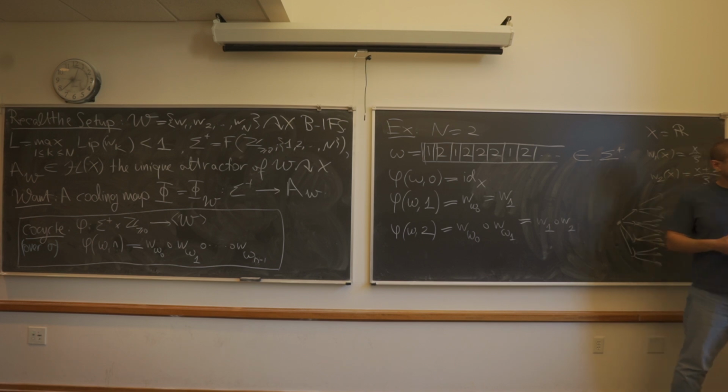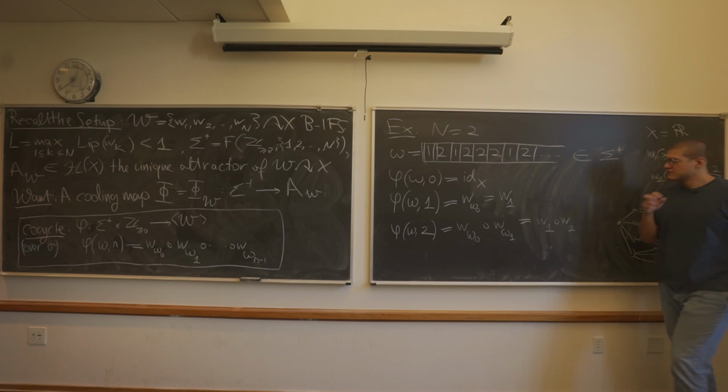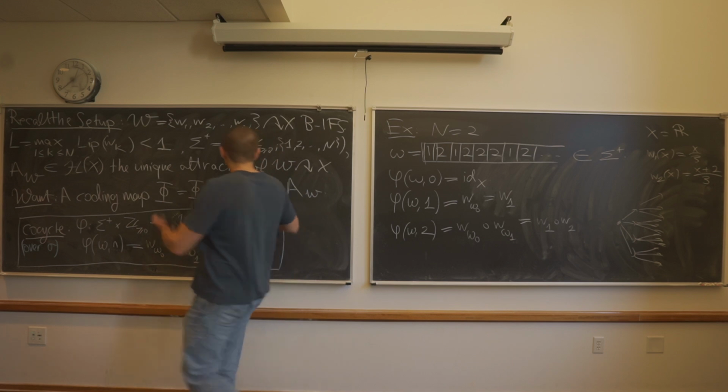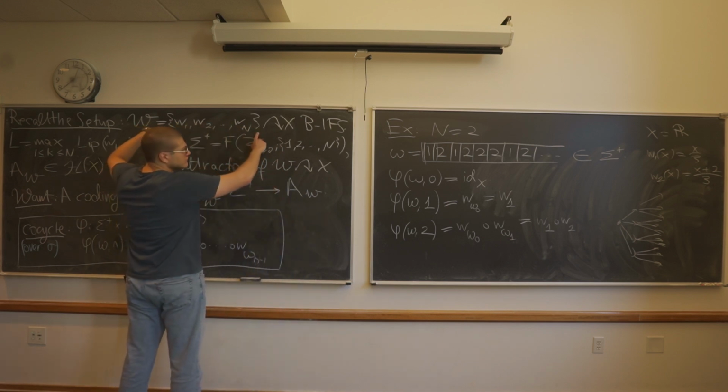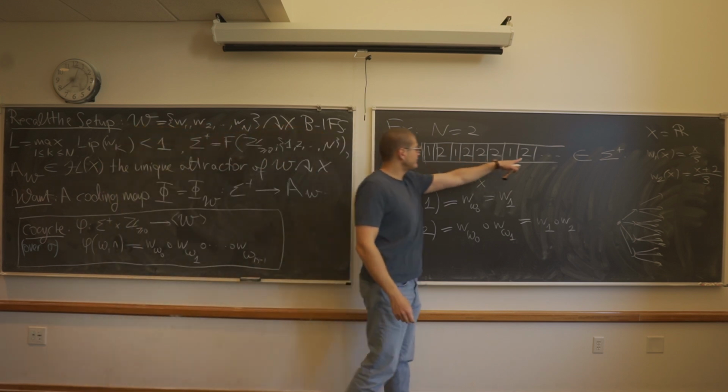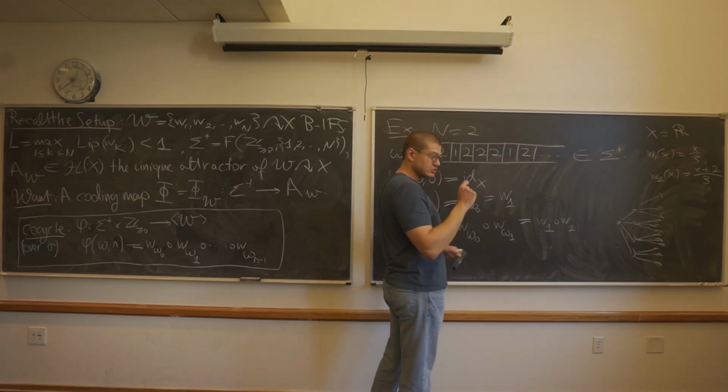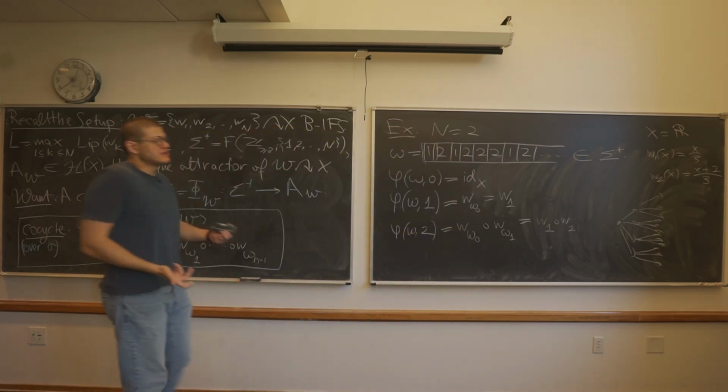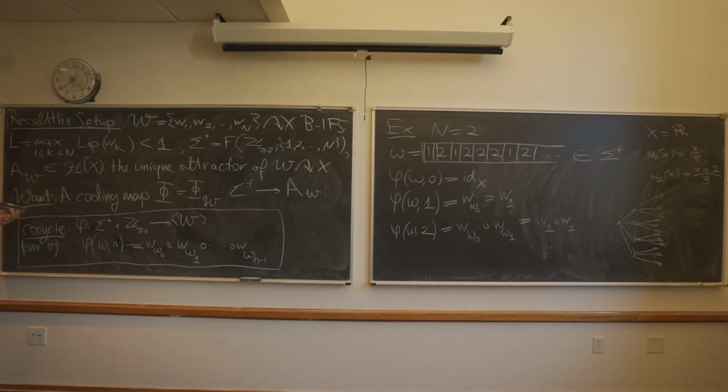Let me rephrase that a little bit here. For each index here, omega sub 0 or omega sub 1, you are assigning one of the IFS maps to that, and then using that as a way to keep stacking them on? Yeah. So I have here n different functions, and the entries of the sequence that I choose tell me in which order I should apply them. This is just, in a sense, a way to repackage everything.